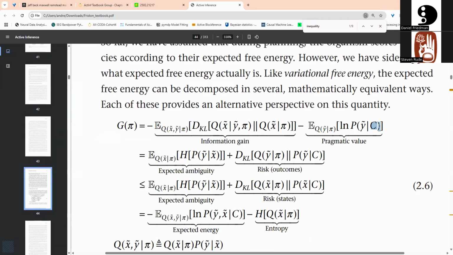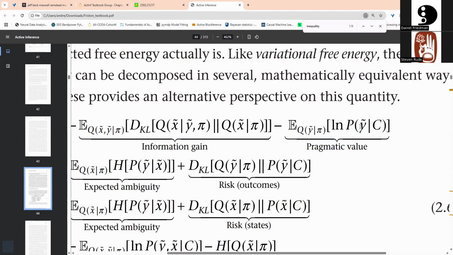Exactly. Just as Daniel mentioned, if C is a distribution over all of your preferred or expected observations, and then you get a sequence of observations, you could view this, in the POMDP in the discrete state space setting, as: there are three different possible observations. I prefer the first one with full probability 1.0. The other two are 0, which means I completely do not want observation index 2 or 3. I just want the first possibility out of the three.